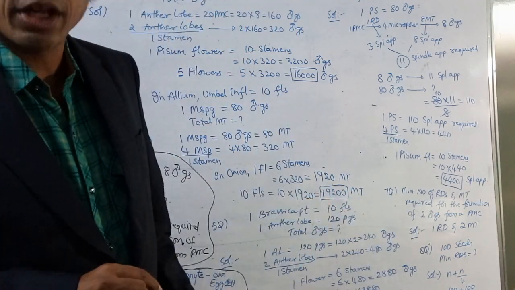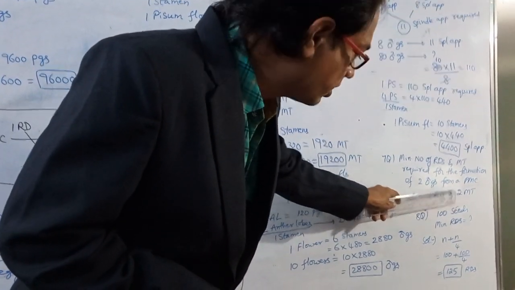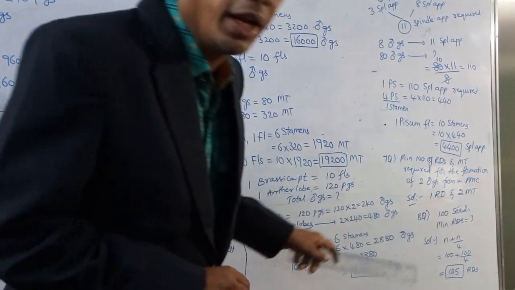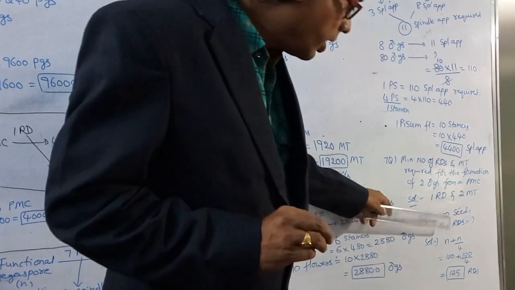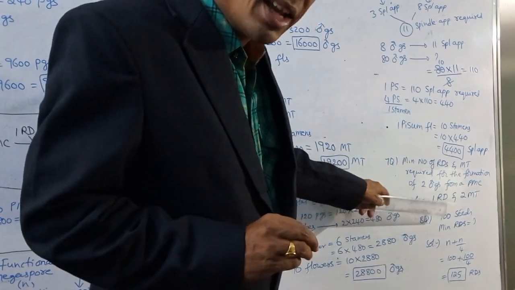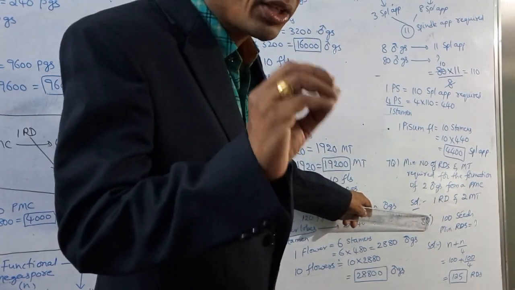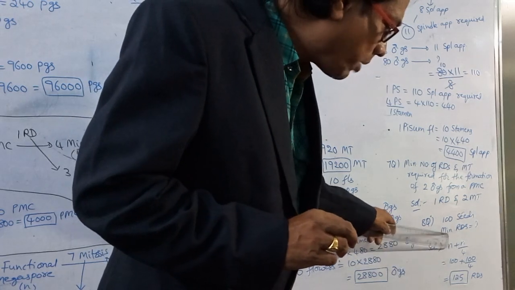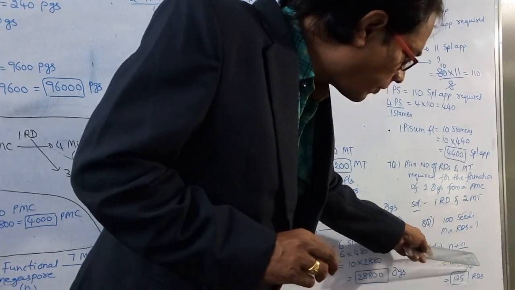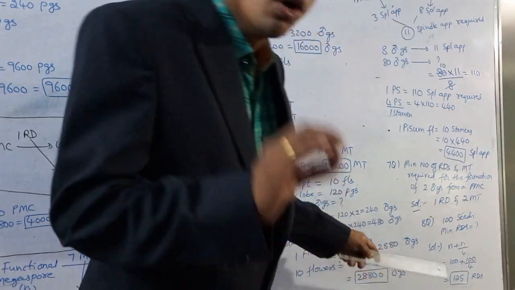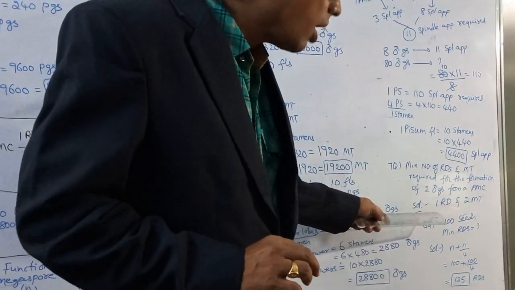Next we are entering into another problem. 100 seeds are given. Minimum reduction divisions required. Minimum RDs required. RDs means reduction divisions. So here is a formula n plus n by 4. If seeds number is given and they ask meiotic divisions, minimum reduction divisions required, we are taking a formula n plus n by 4. 100 plus 100 by 4, that is equal to 100 plus 25. So that is equal to 125 reduction divisions are required for the formation of 100 seeds.